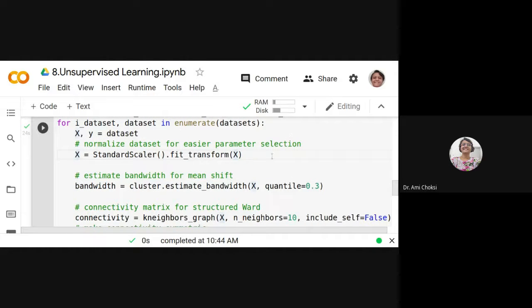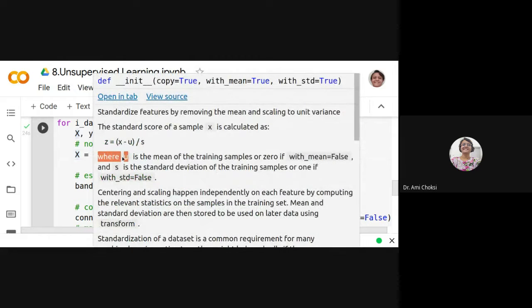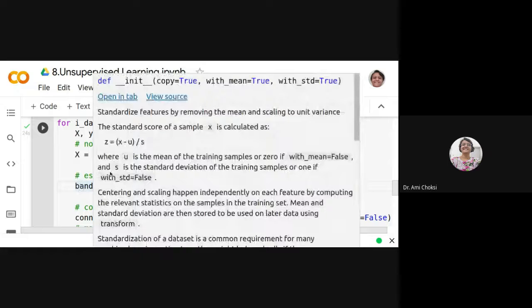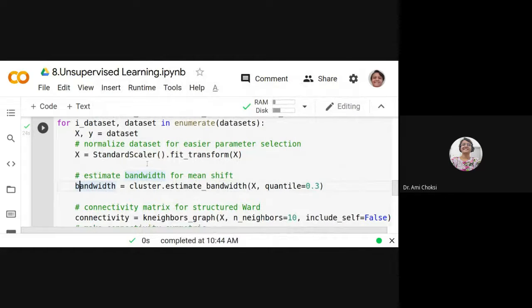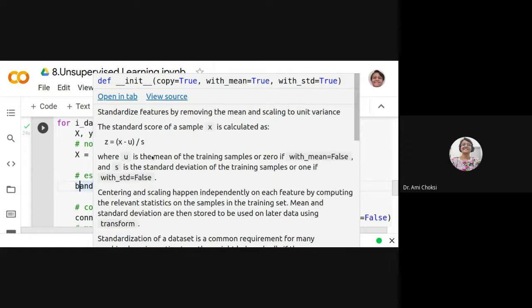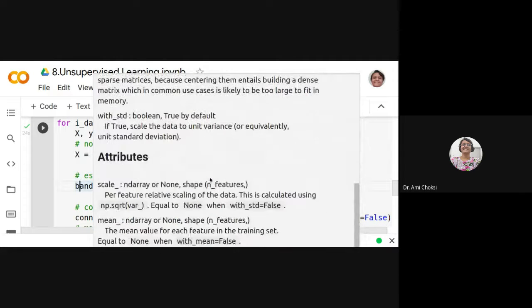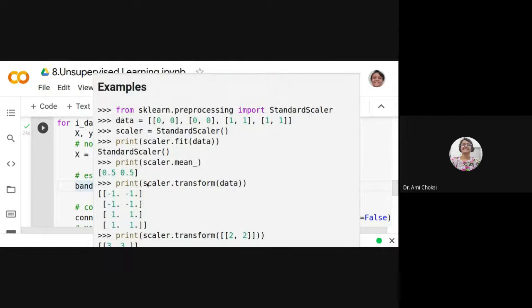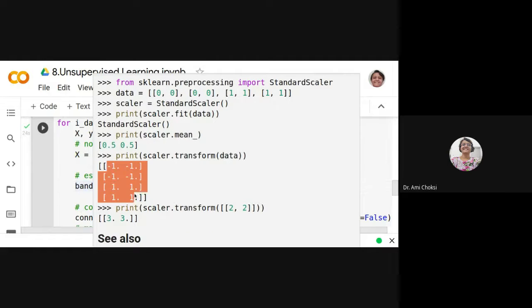We normalize the data for easier parameter selection, that is using the standard scaler. Why are we using this standard scaler? Standard scaler standardizes the data, or we can say that it keeps the data in a common range, like 0 to 1, isn't it? Typically we used to have that. You remember, right?